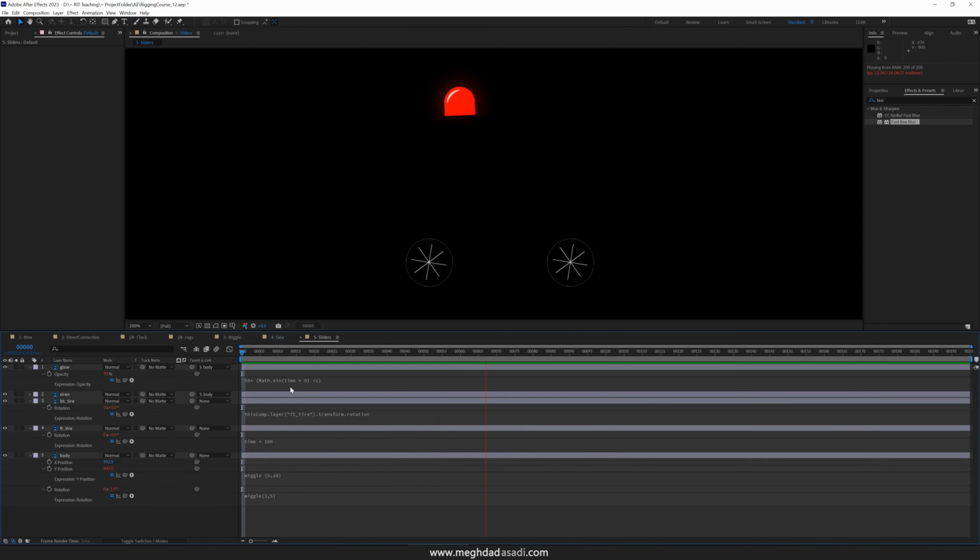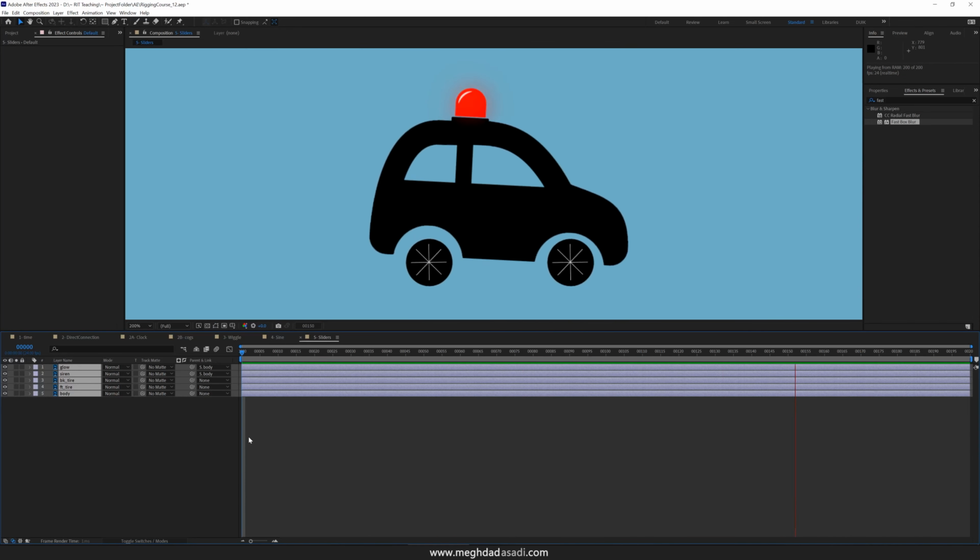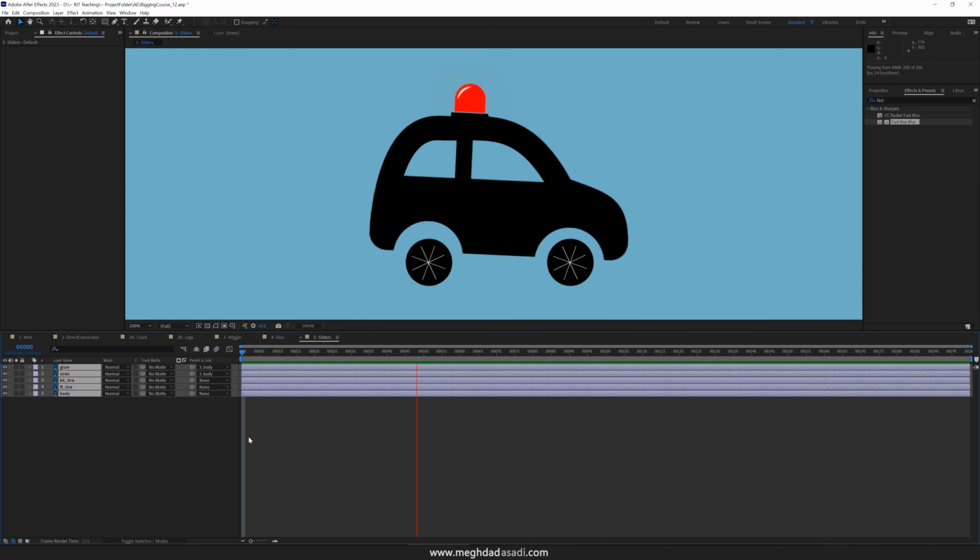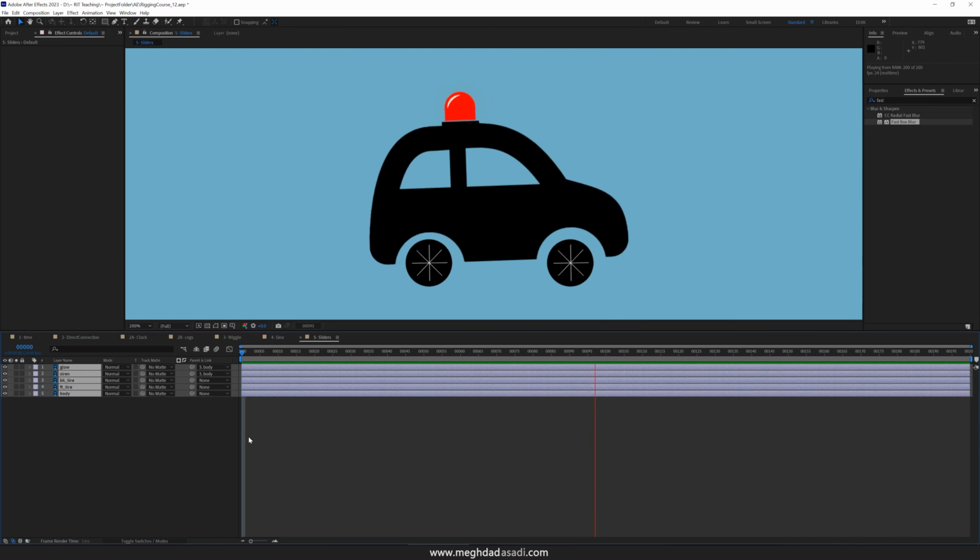We animated this car all through expressions. No keyframe is made here, and we're happy with the result. The problem here is that we are never done with what we like to get. We might need to change the timing. We might need to change the frequency, the range of movements. We always want to be able to change those values if we want to. In short, I will call it art directing our animation. I want to make sure that whenever I want, I can change these values very